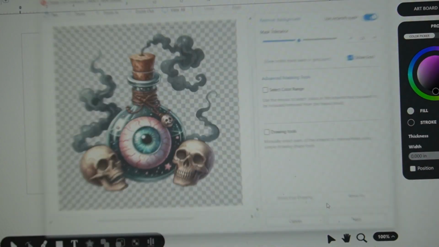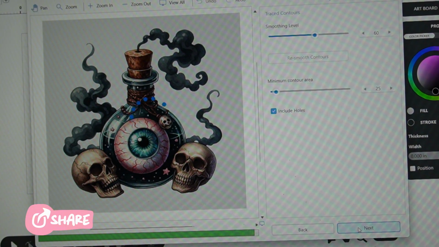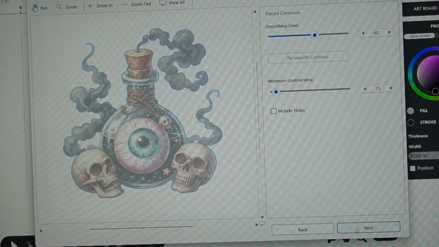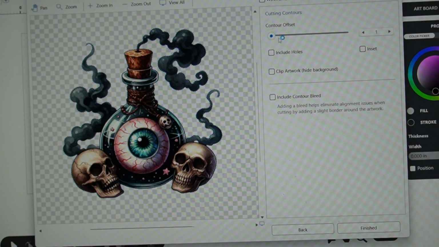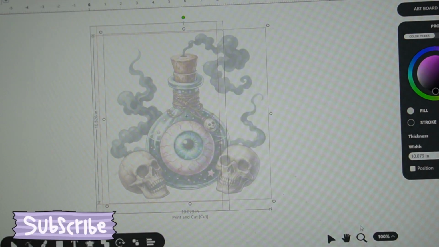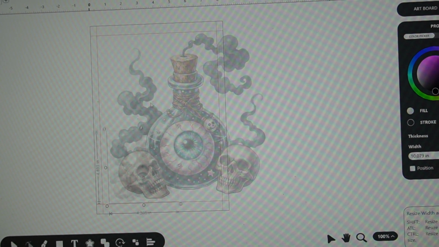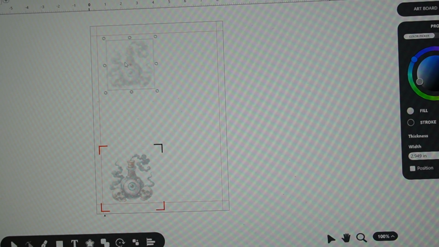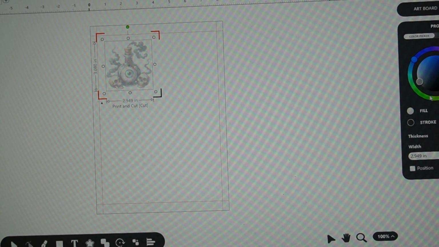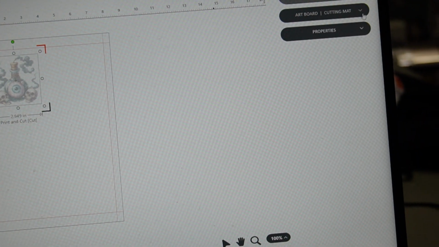I'm going to select 300 DPI and hit next. Uncheck my holes, hit next again, and I'm going to increase my contour and push apply, and that's going to put the image right back on my design board. As you can see, it was very, very large, so I'm going to have to shrink that down. Then I'm also going to have to go over to my properties